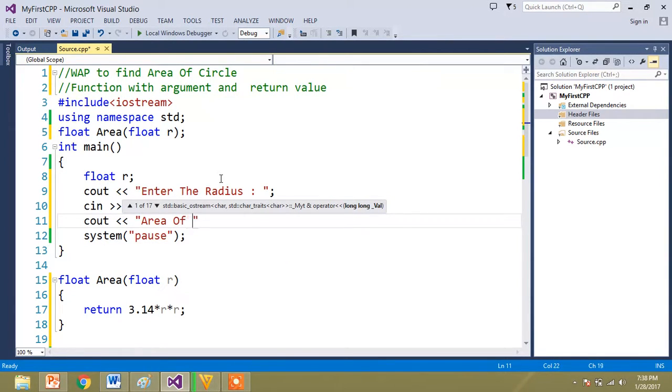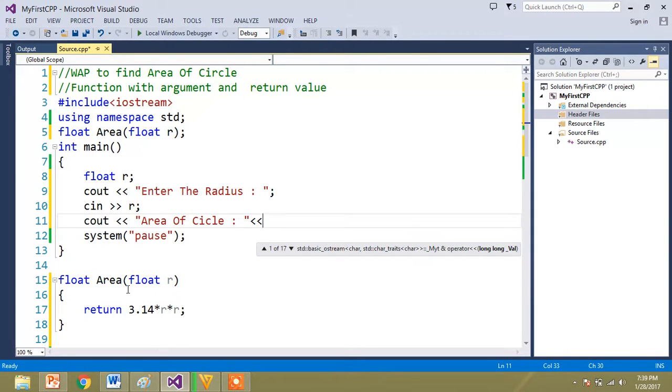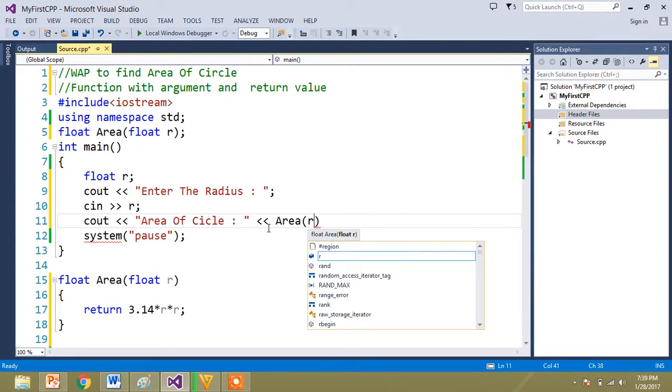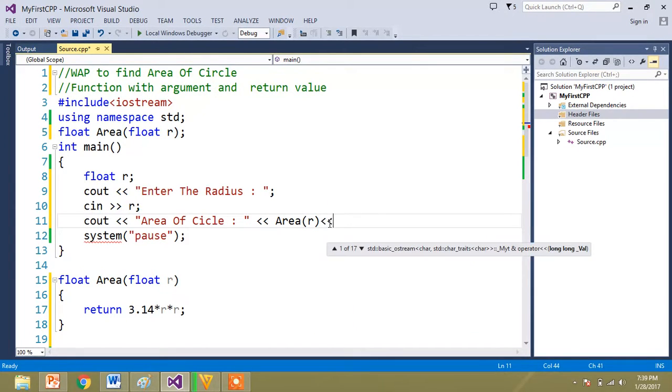Area of circle. The function name you have given is area, so you are going to call by the function name. Inside this, it is expecting one argument. I am writing it as radius. That's all. That's the only change you are going to make in this particular program.